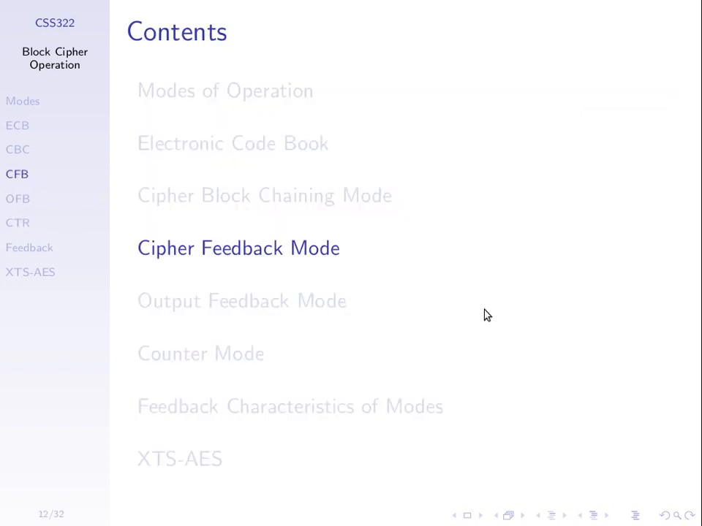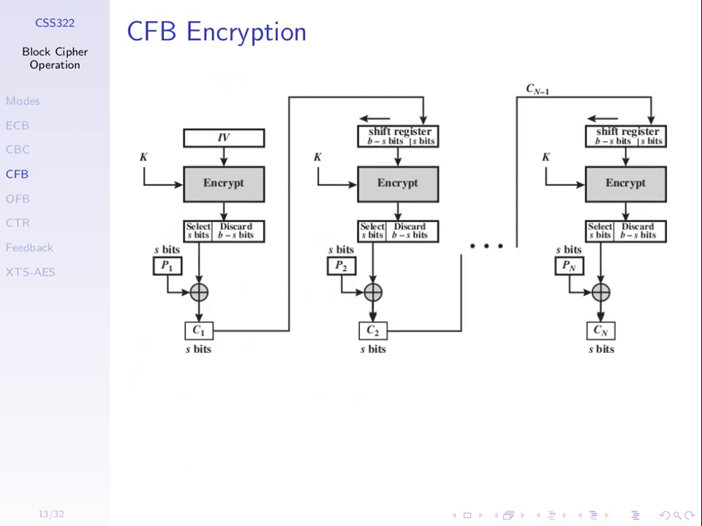CFB, cipher feedback mode, and also output feedback mode, also convert our block ciphers into stream ciphers. In CFB, we take an initialization vector, IV, and encrypt it using DES or AES or our other block cipher. Let's say we get 64 bits out. We take the first S bits, S may be 8. We discard the remaining bits